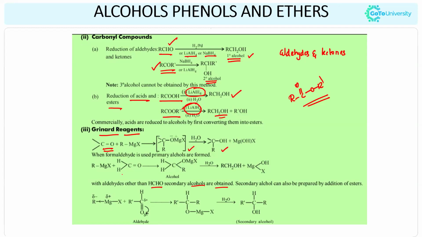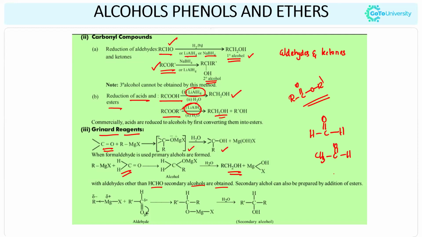See, if you are taking formaldehyde here, the product obtained is a primary alcohol. Now, if you are not taking formaldehyde... Formaldehyde means it should contain only one carbon, right? So this is formaldehyde, HCHO. Okay. Now, if you are taking the other aldehyde, so that is CH3CHO,